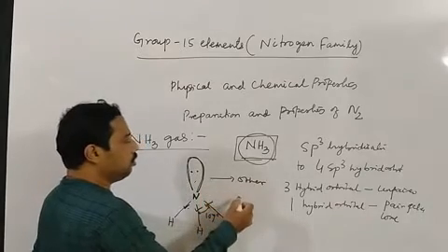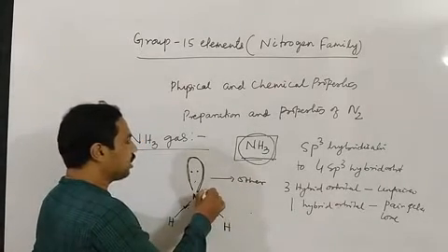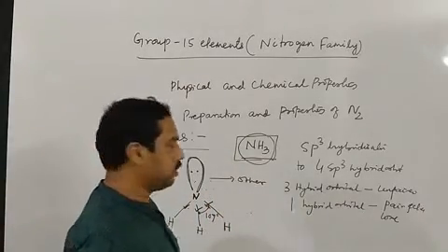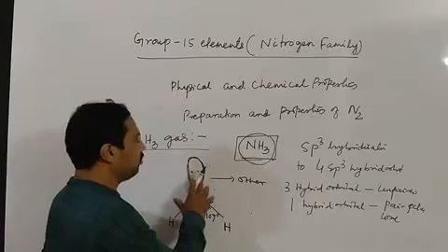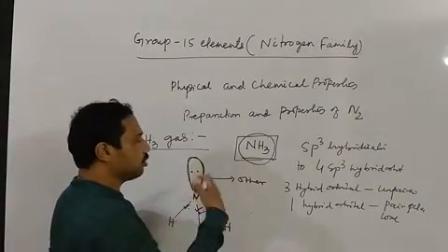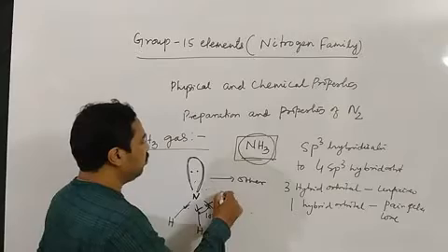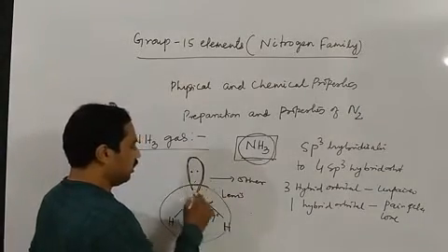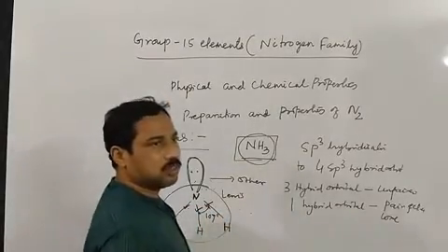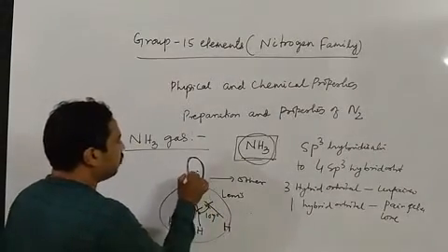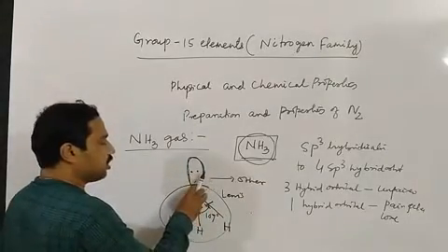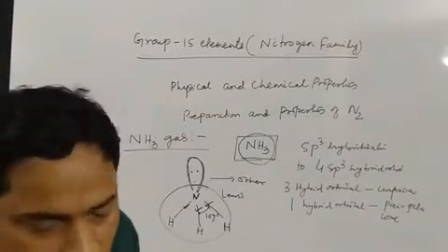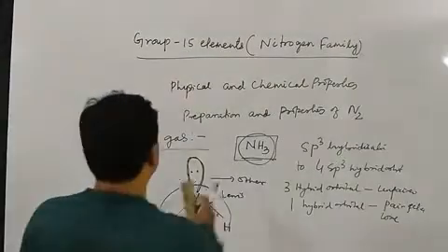So according to the Lewis concept, the substance which has a tendency to donate a lone pair of electrons to other substances is called a Lewis base. So therefore ammonia is a base, so that it reacts with acid to form salt. It is only due to the presence of a lone pair of electrons on the central atom, the nitrogen atom. Then comes the preparation of ammonia gas.